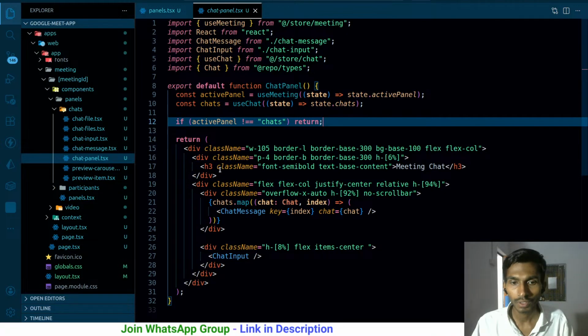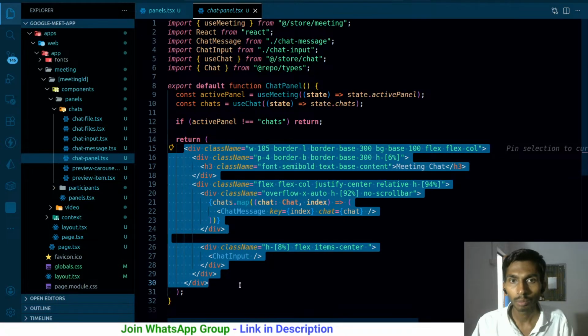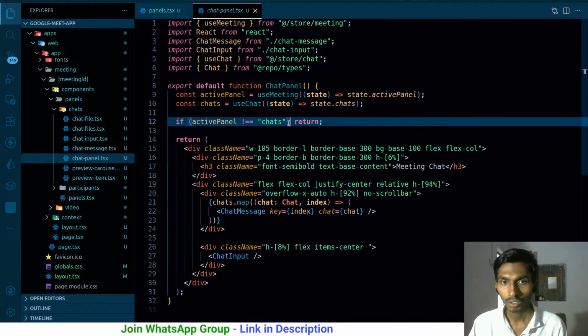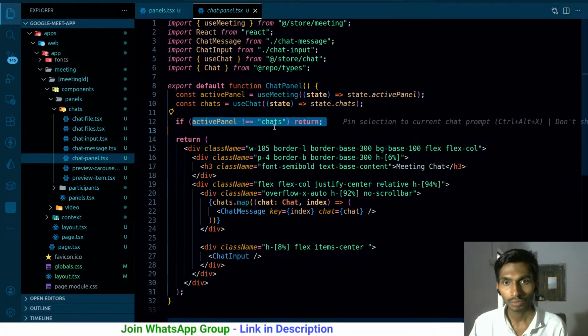How about this, that I'll be showing you, this is altogether component. So yeah, it does make sense, like it will only be re-rendered when it becomes true. But how about this? If I copy this